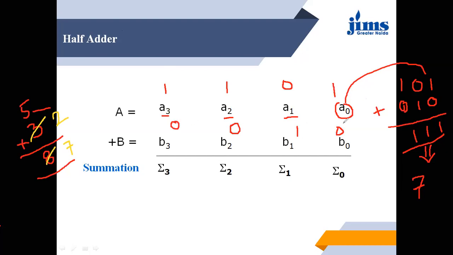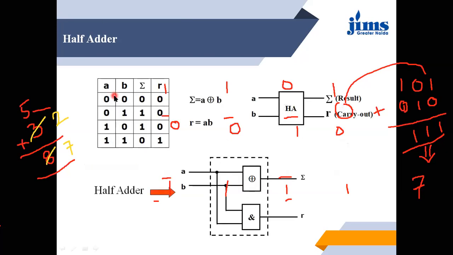So this is 1 plus 0 is 1, 0 plus 1 is 1, and 1 plus 0 is 1, 1 and 0 is 1. So the result I am getting: sigma 0 equals to 1, sigma 1 equals to 1, sigma 2 equals to 1, as well as sigma 3 is also equals to 1. So we do not have any problem in this circuit. So this is the equivalent representation of the half adder.